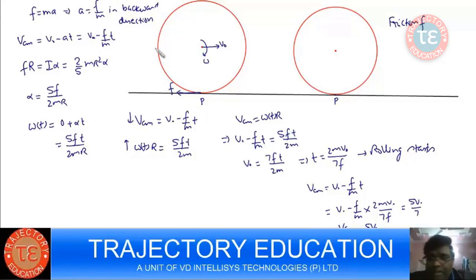F. See, the friction acts only when either there is a tendency of relative motion at this point, or there is actual relative motion at this point. So in this case, when it starts rolling, I don't find any tendency of relative motion because no force is acting. So why should there be tendency of relative motion? I don't find any kind of tendency of relative motion, and neither is there a relative motion because the point of contact